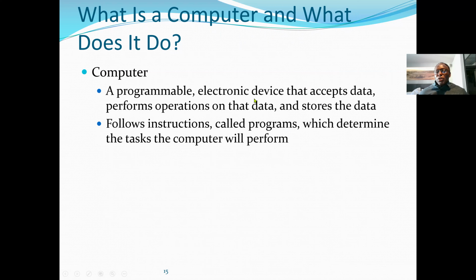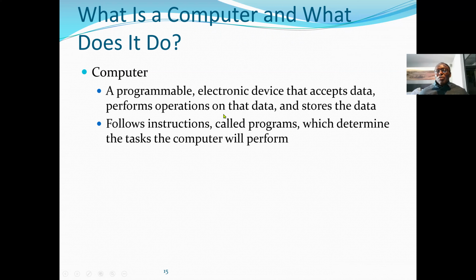So if we have a computer, there are 2 parts to it, the hardware and the software. The hardware components are the physical components such as the memory, the CPU, and the possible input and output devices such as the keyboard, the monitor, the printer, etc.